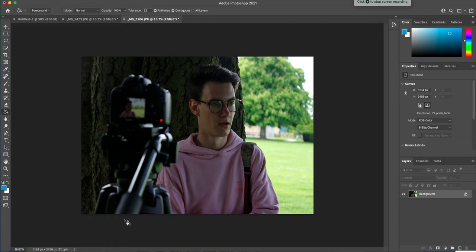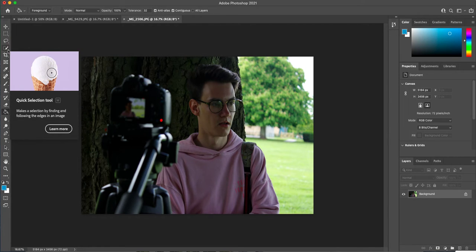If you want to remove a background, what you can do is use the quick selection tool. If you've got an image and you want to keep the foreground and remove the background, go to the tool panel and click on the quick selection tool, which is up here, and you can also learn more about that. What it does is basically select the pixels of different colours and tones, so you can select particular